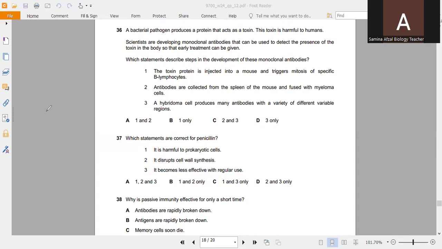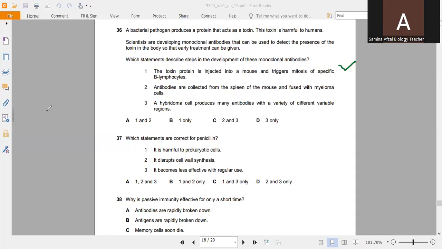Okay, the first statement: the toxin protein is injected into a mouse and triggers mitosis of specific beta lymphocytes. This is correct. Because when this toxin is injected into the mouse, the mitosis is started and the beta lymphocytes, you can say, are produced. So the antibodies